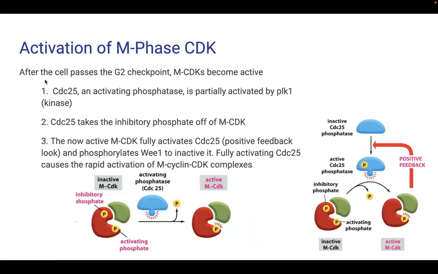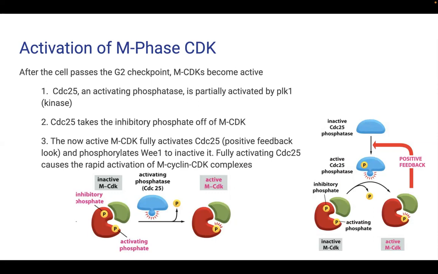So after the cell passes the G2 checkpoint, then MCDKs become active. CDC25 is an activating phosphatase, and it's partially activated by PLK1 kinase. And when it's partially activated, it can take off the inhibitory phosphate that WEE1 puts on the MCDK complex. And now that MCDK is fully activated, it